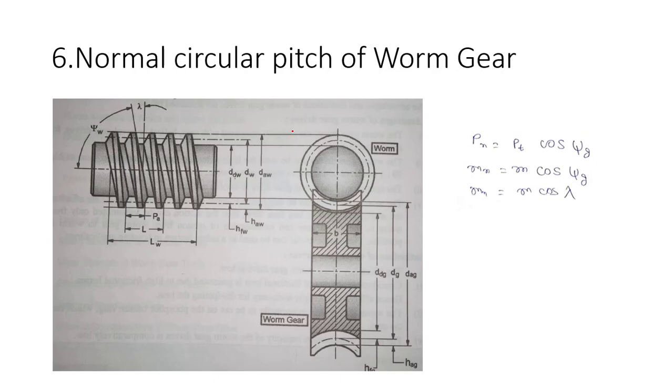Now normal circular pitch. Circular pitch measured in a normal plane is known as normal circular pitch, and the relation between normal and transverse is Pn equals Pt cos psi g. In the same way we can write Mn